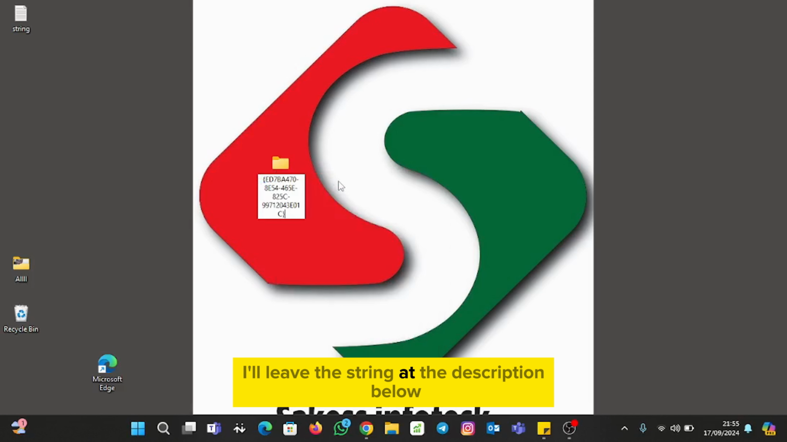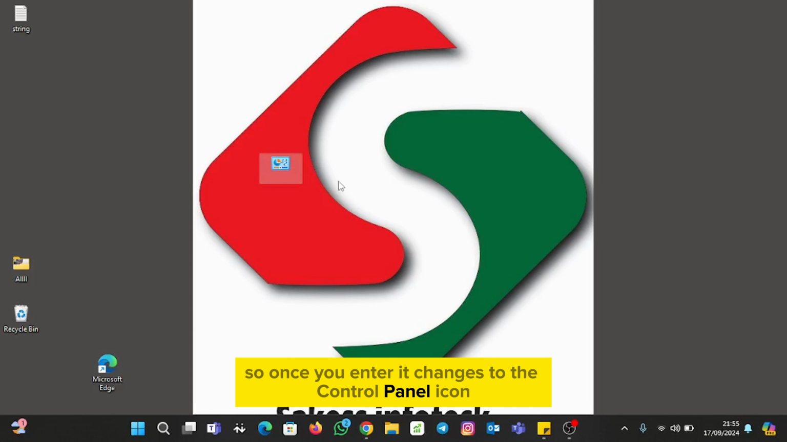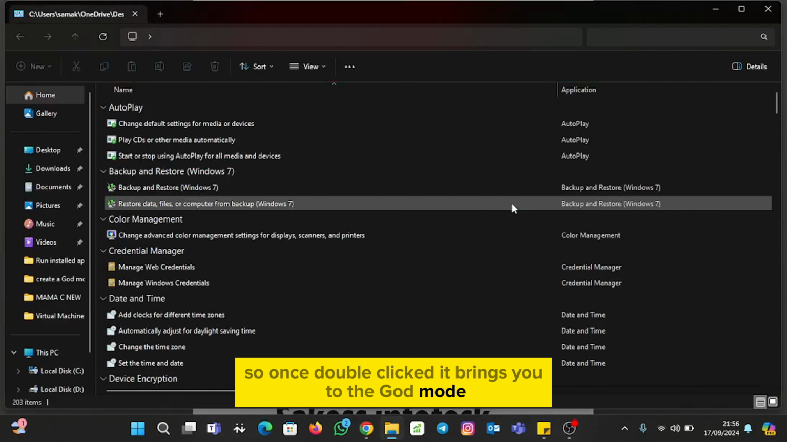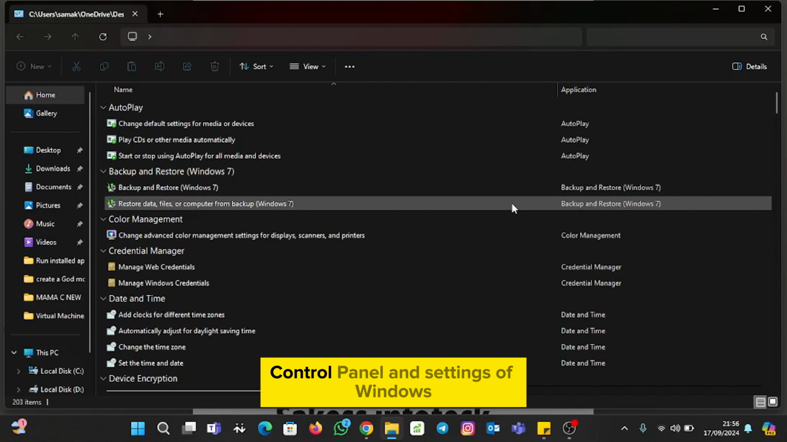I'll leave the string in the description below. So once you enter, it changes to the control panel icon. Once double clicked, it brings you to the God mode. This mode gives you access to the control panel settings, everything with regards to settings, control panel and